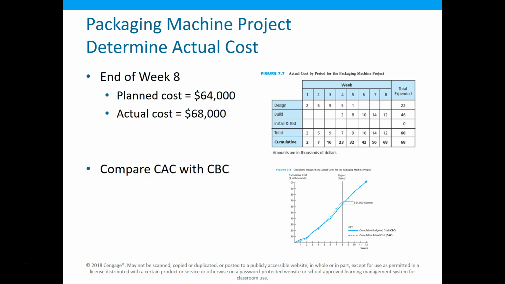Does that automatically mean we're bad, that the project is bad? From a cash perspective, we are a $4,000 variance or a difference. But do we have the details yet to know if that's really bad or not? No. We know that dollar-wise we're behind. In other words, we've spent more than we had calculated. And if I graphed it out, you can see, hey, here we've got a $4,000 cost overrun.